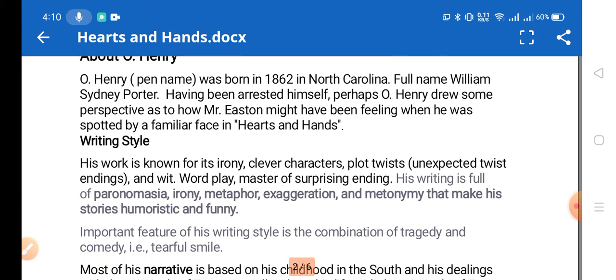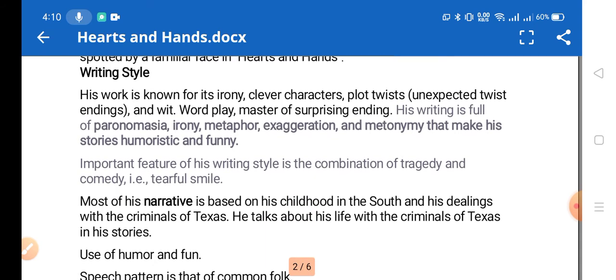a story. As far as his writing style is concerned, his work is best known for its irony, clever characters, plot twists, meaning unexpected twist endings, and wit and wordplay. He is skillful in this wordplay. He plays with words and uses them in such a masterly way, and he's a master of surprising endings, and his writing is full of paronomasia, irony, metaphor, exaggeration, and metonymy that make his stories humorous and